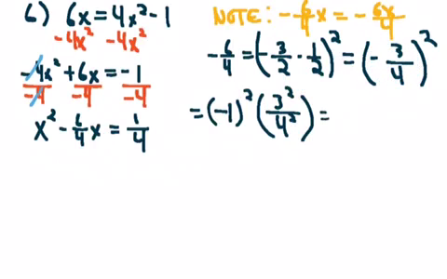And now, -1 squared is positive. 3 squared is going to be 9. And of course, 4 squared is 16. So we need to add 9/16 to both sides to complete the square. So we end up getting x squared minus 6/4, which we found out earlier is the same as 3/2 x, because if you remember, we rewrote -6/4 as -3/2. So I'm just going to go ahead and reduce that to -3/2 x is equal to